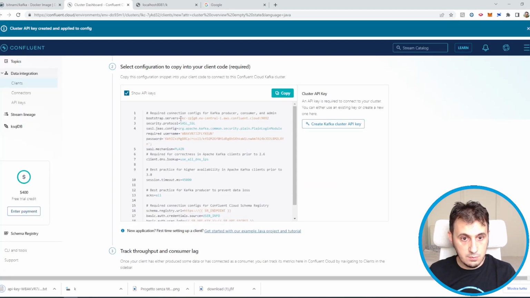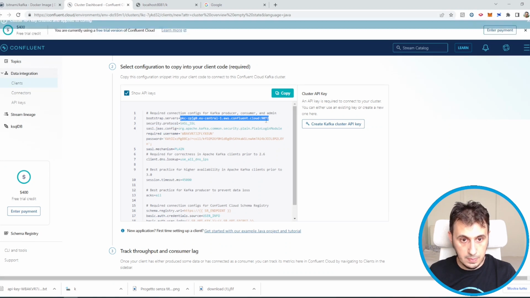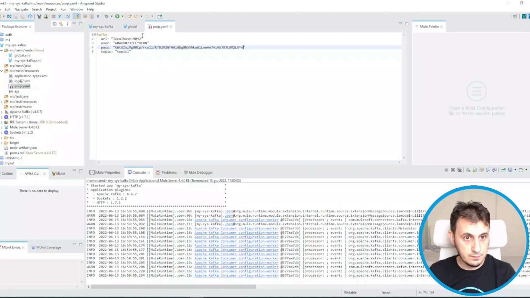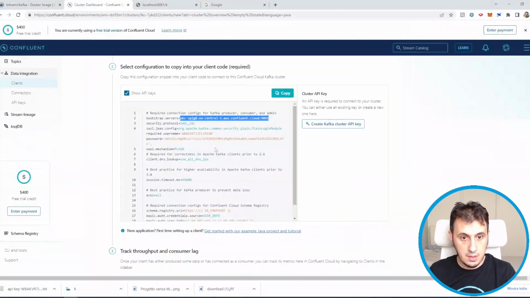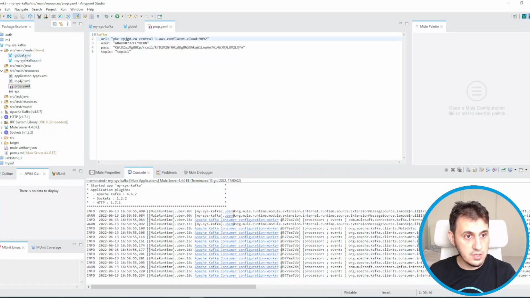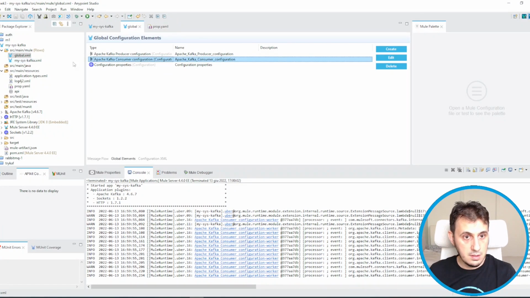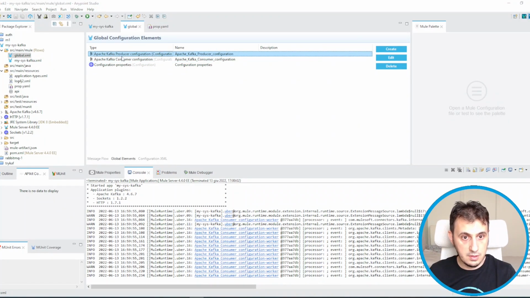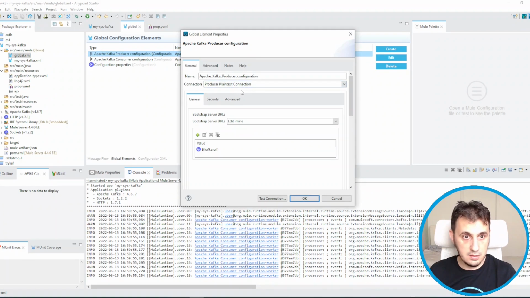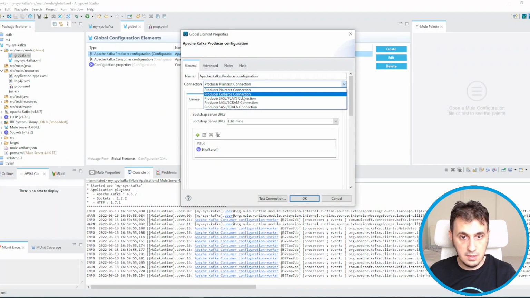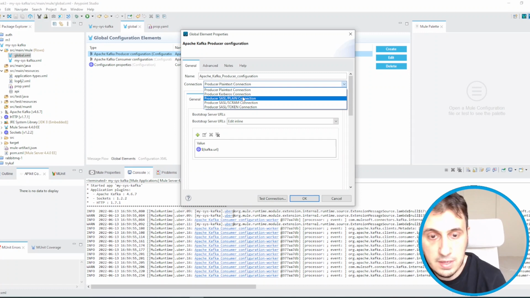Okay, this is my bootstrap server. The protocol is SASL_SSL and the mechanism is plain, so I can just configure both in the producer and in the consumer the SASL SSL plain.